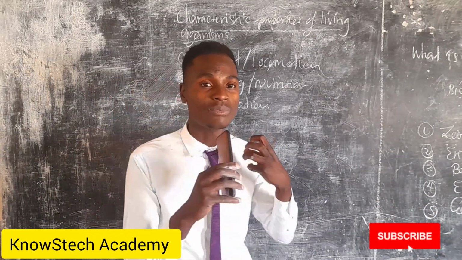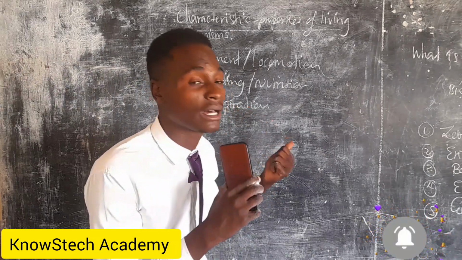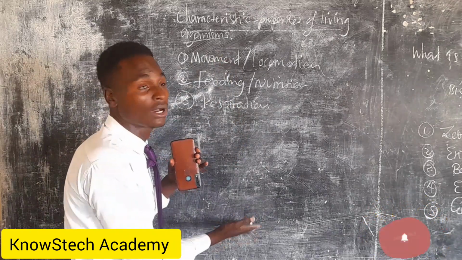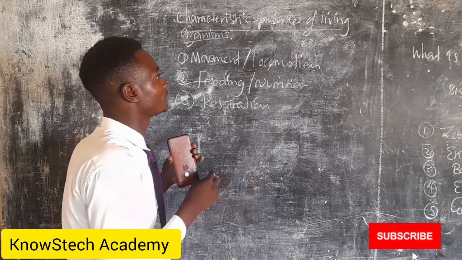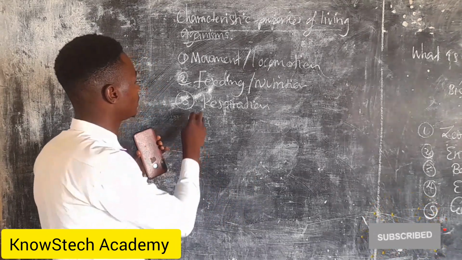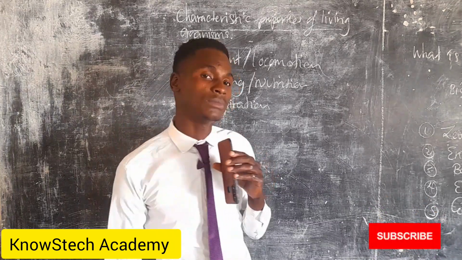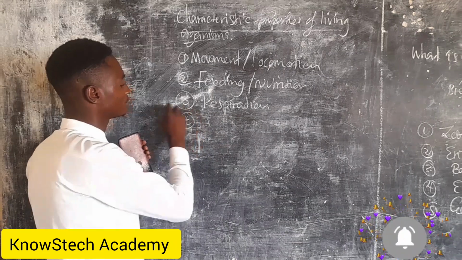If it breathes, then just know that it's living. All these characteristics must be correct, or else it's dead. An organism is dead. So we have respiration. Number 4,